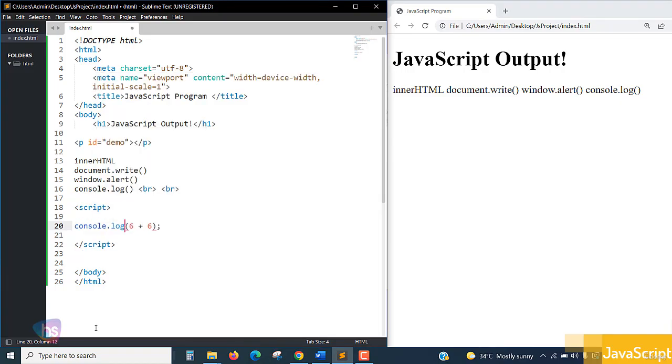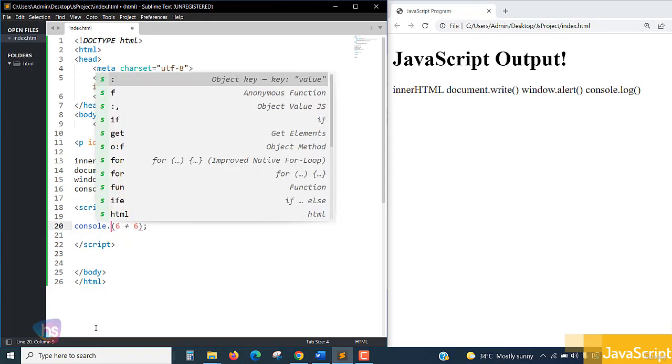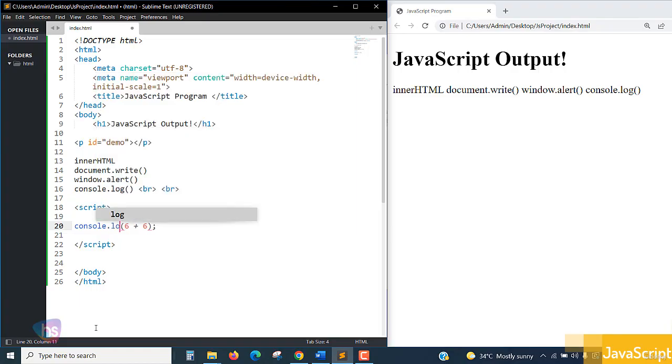Console.log. Yes, see, when I am typing something, my code editor will suggest in alphabetical order. So log, I am selecting from the library. These are the most popular editors: Sublime Text Editor, Brackets and Visual Studio Code. These editors will suggest the name which you have used, if it is updated and the latest